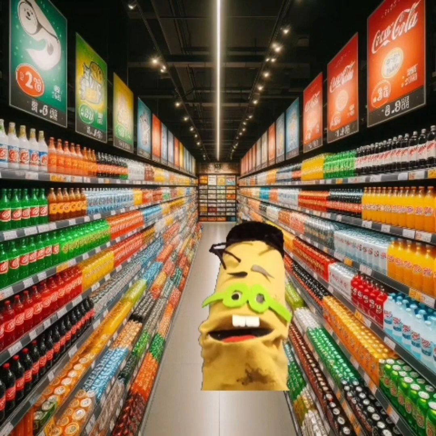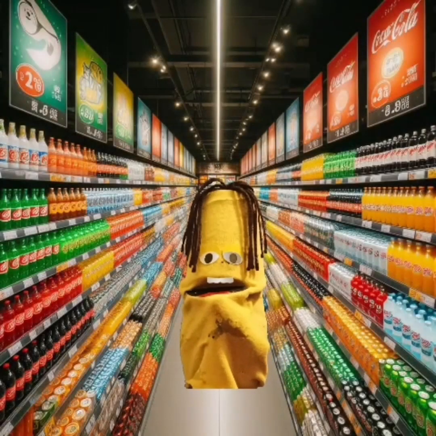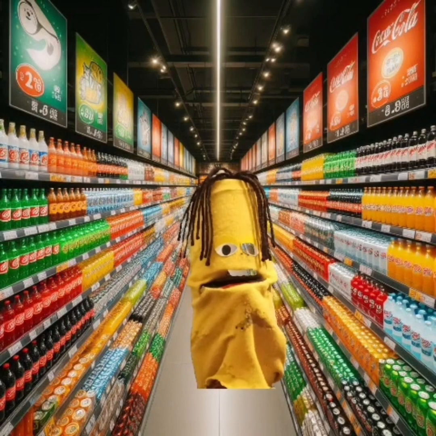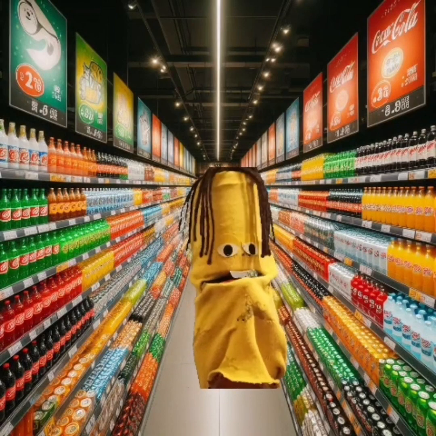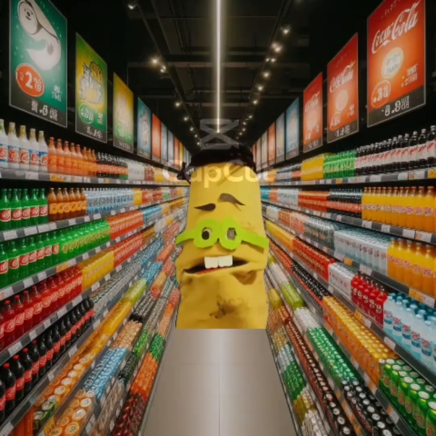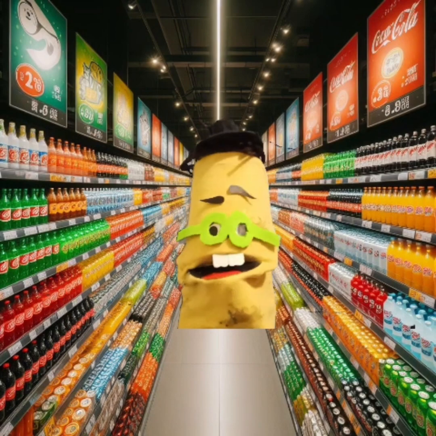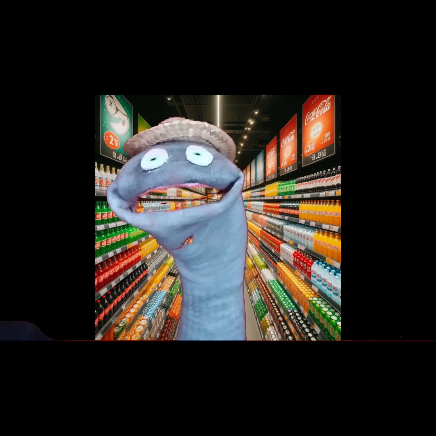This can't be good. Hi Don Pepe, I have noticed that lately our sodas are disappearing faster than usual. This is a problem. Yes, I've noticed. We need to find out what's going on. But how? We can use simulation to figure it out. I've heard it's a powerful tool.